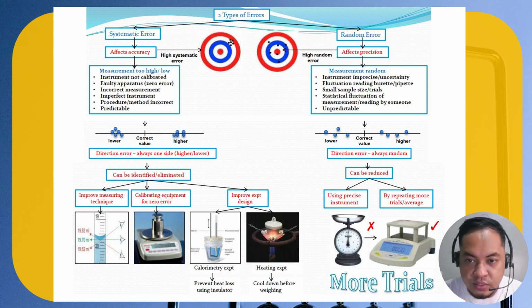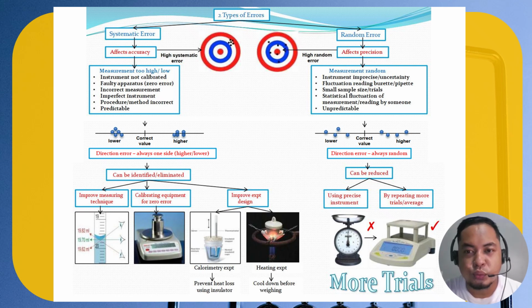And then statistical fluctuation, or changing of the statistics of your measurement, or incorrect reading of measurements or calibrations by someone, and they are unpredictable because sometimes we cannot control weather conditions, we cannot control our physical response, like the shaking of our hands or the sudden blink of our eyes that causes this error to happen. And then it's always random. It generates several results, sometimes away from the accepted value. And then it can be reduced by using a precise instrument, or repeating more trials and getting the average. Okay. In most of the questions that I've encountered before,